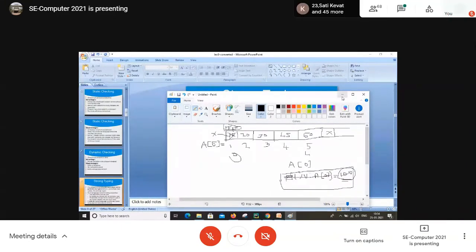So in dynamic checking, many students write that dynamic checking is used for memory management. Malloc, calloc, realloc are the functions. ऐसे कुछ लोग लिखते हैं. Many students write that memory management is used for dynamic checking. New is a keyword used for dynamic checking. Many students write in terms of Java programming, that dynamic checking is used to provide many aspects in Java programming like inheritance, polymorphism. So don't do that. Don't write language specific answers.